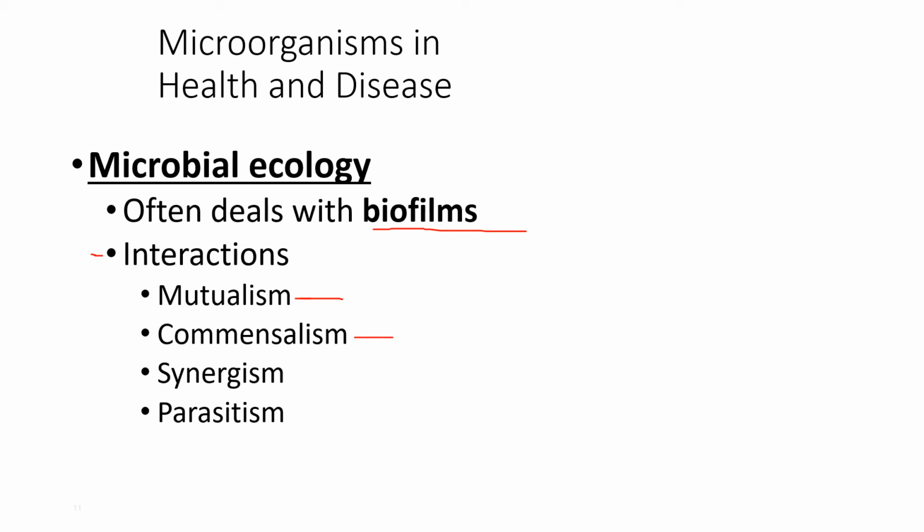Commensalism, one organism benefits, the other doesn't care one way or the other, such as fish that swim along beside the big shark. The shark can't see them, but they benefit because they're protected by that shark, actually, if they stay close enough to him. And when he eats, they can get bites of food that fall off.